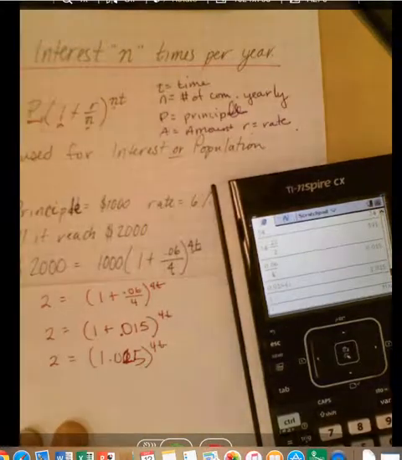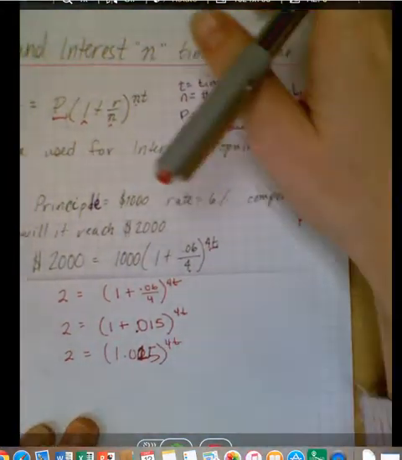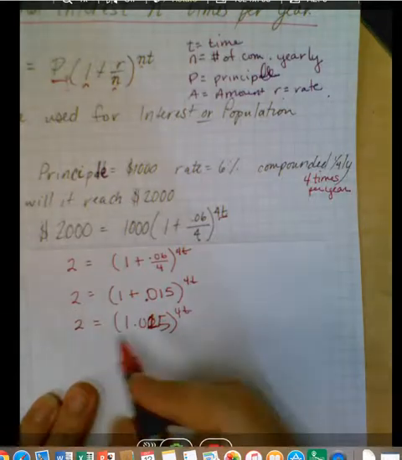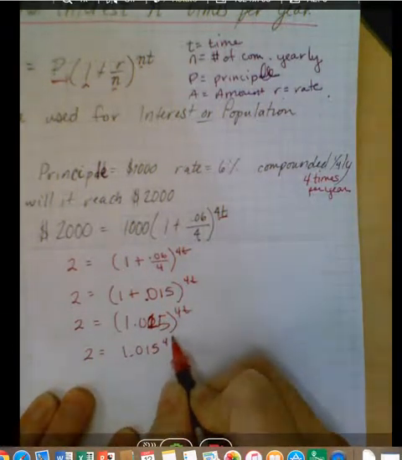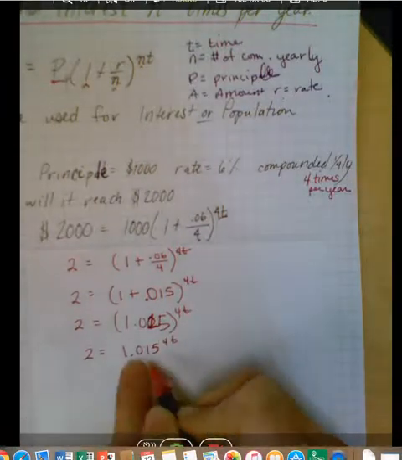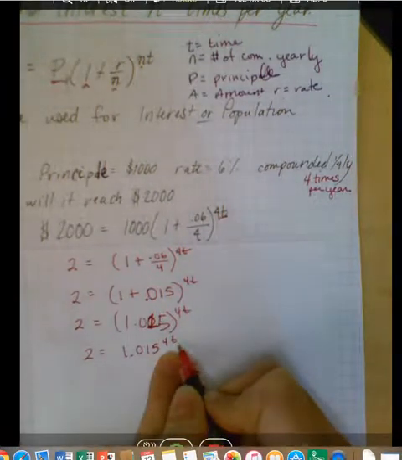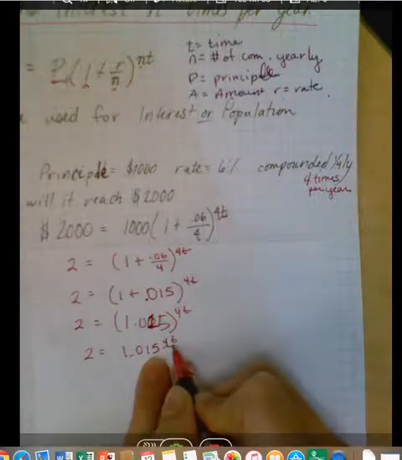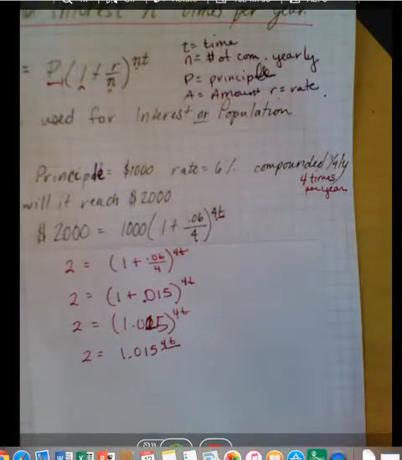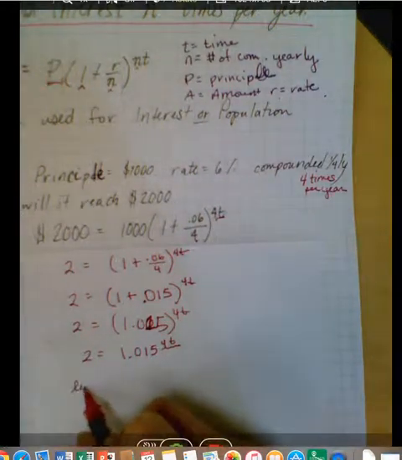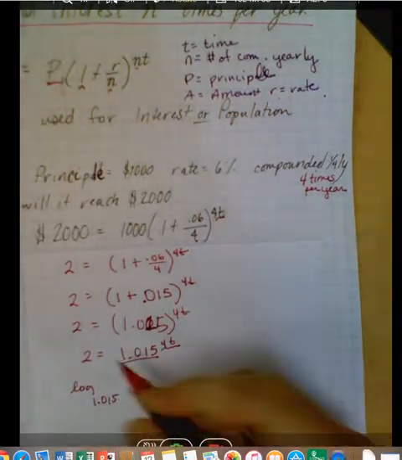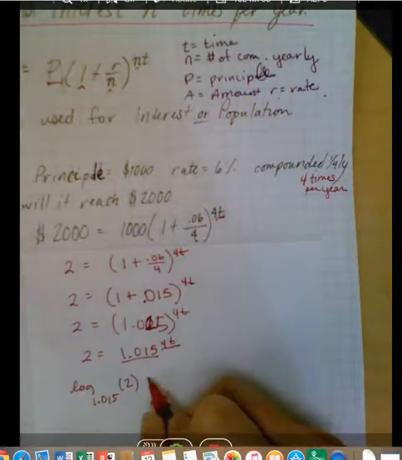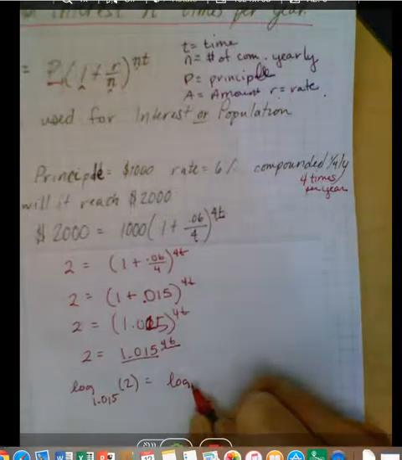Now, I'm looking at that equation and saying, oh, gee, what do I do with that? I'm going to rewrite it so it's more legible. How do I eliminate this right here, or in other words, how do I access this t, being as it's an exponent? Well, I know how to solve exponential equations, right? I use a log. So I'm going to use log base this because that's how I like to do log problems. Because if I take the log base 1.015